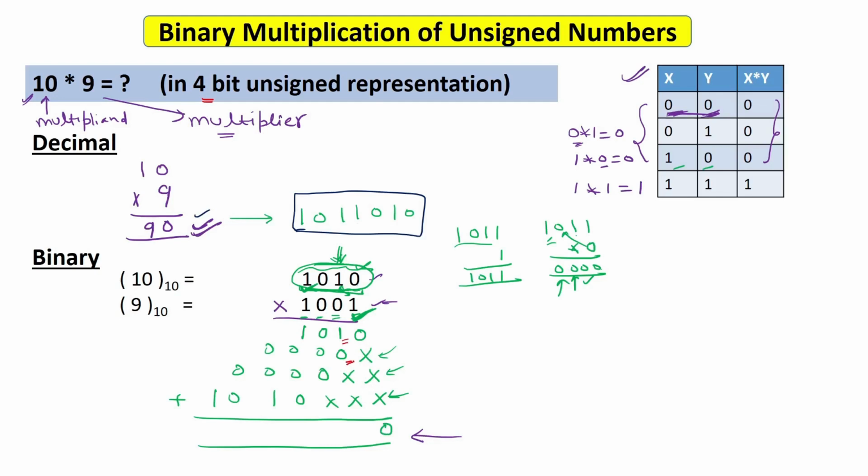Now the addition of this 1 and 0 is actually 1, as we have seen previously, and there is no carry. Now these all 3 are 0, so it will be 0 sum. Now addition of 1 and 3 zeros, so 1 and 0, it will be 1. There is no carry. Now 0 plus 0 is 0, and 0 plus 1 will be 1. Again there is no carry. Now 0 plus 0 is 0, there is no carry, so 1 is simply copied here. So you got 101101.